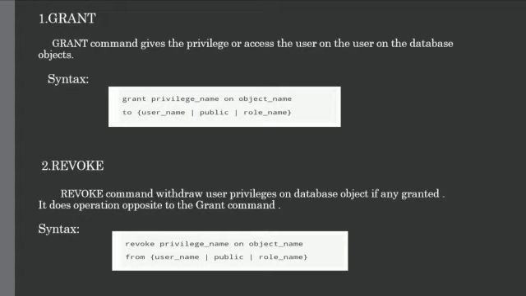And the second one is revoke. The revoke command is used for removing the right or privilege from the user on the database object. The revoke command does the operation opposite to the grant command. When the privilege is revoked from a particular user, then the privileges granted by that user to all other users will be revoked. In the grant command, the user is granted permission on a database object, and in the revoke command, user permission like query or insert on the database object is revoked.